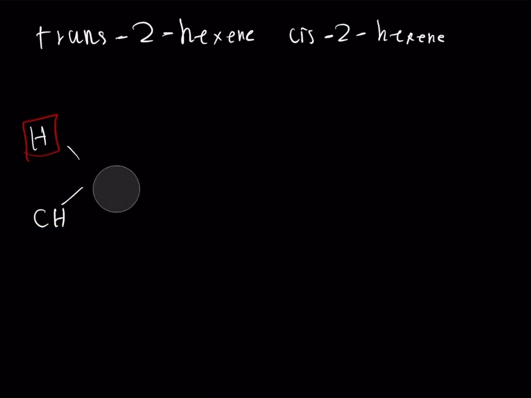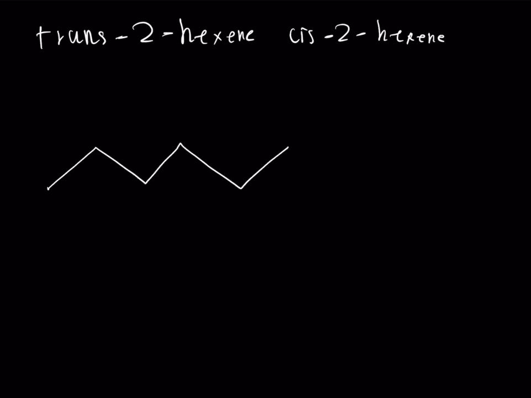So knowing that principle, let's now start to draw trans-2-hexene. So hexene has 6 carbons, so we're going to go 1, 2, 3, 4, 5, 6, and the double bond is going to be on carbon number 2. So if you imagine carbon 1, 2, 3, it's going to be between 2 and 3. So 2 is the lowest number. So it's going to be right there. And this is already a trans structure because